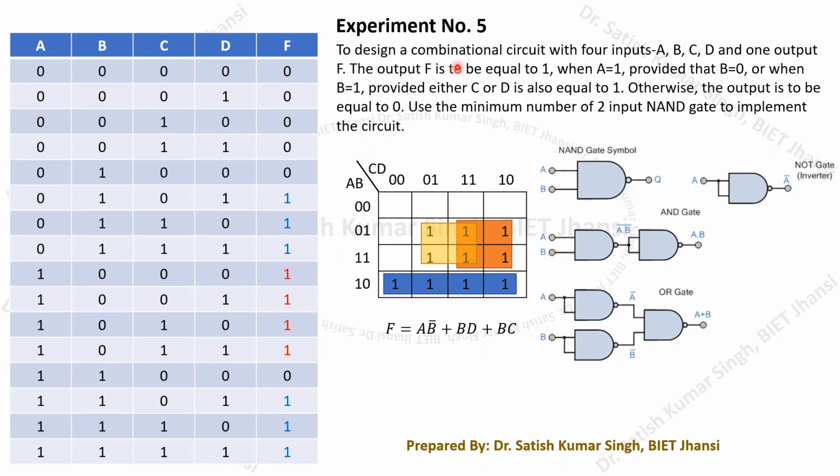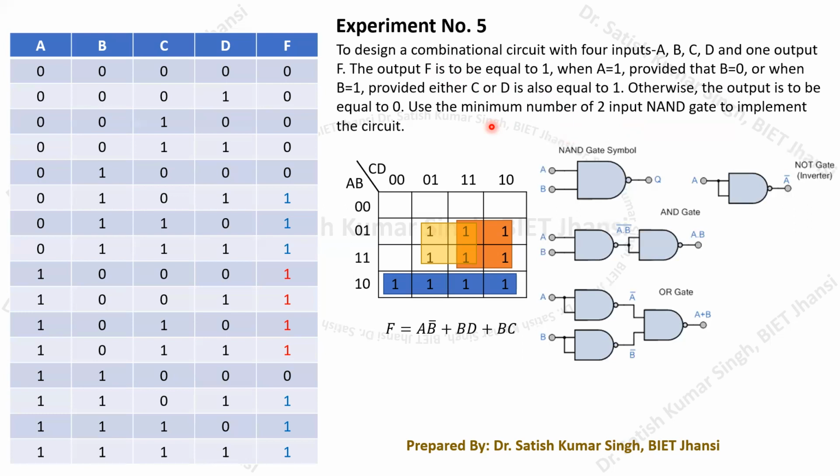So this combinational circuit, whose statement is given in this objective, we have to implement. And this circuit has to be implemented using the minimum number of 2 input NAND gates. So we have to take this statement and realize this circuit using the minimum number of 2 input NAND gates. Let's begin how to implement this combinational circuit and how to realize it using the minimum number of 2 input NAND gates.